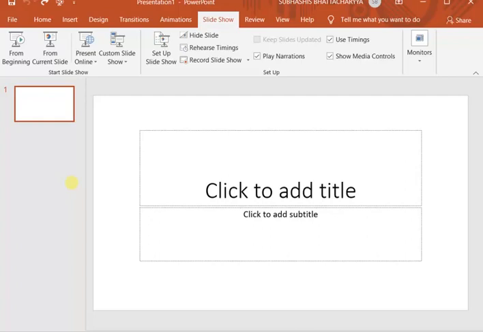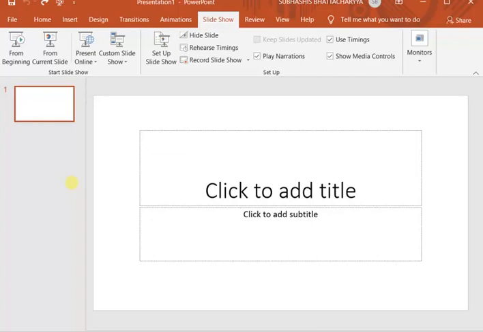Hello everyone. Suppose you have to conduct a quiz competition in a big hall. On the screen of the big hall, you have to project your presentation. You can make the quiz competition through a PowerPoint presentation. So I will show you two slides where I am writing something about a quiz competition. It will help you to describe the process of custom animation, slide transition, and slideshow